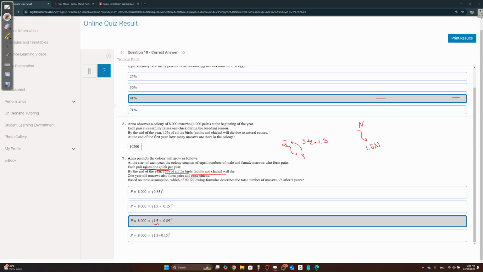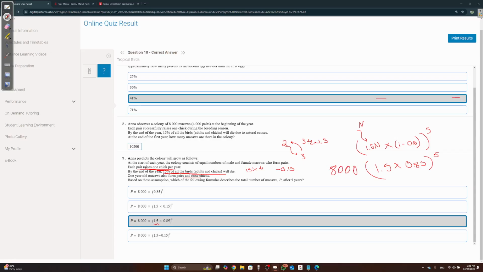But what did they say? 15% of the birds are gonna die. What does it mean when 15% are dying? It's a 15% decrease, right? So we're gonna do minus 0.15. So 1.5n times the rate, which is 1 minus 0.15, all raised to the power of 5. So 1.5 times 0.85 to the power of 5, and your initial value is